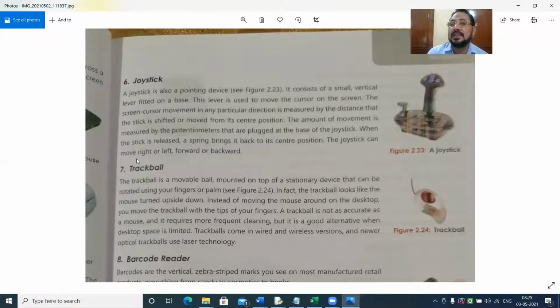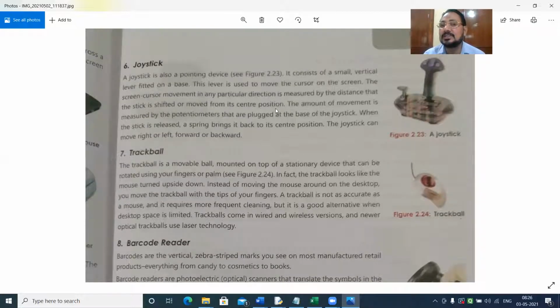So while playing games, you use this figure of the joystick is given, then you move accordingly left, right, and so on. And the pointer moves on the screen accordingly. The screen cursor movement in a particular direction is measured by the distance that the stick is shifted or moved. So that's basically used in playing games, joystick. And most of you have playing devices in which you have a joystick. Now next is